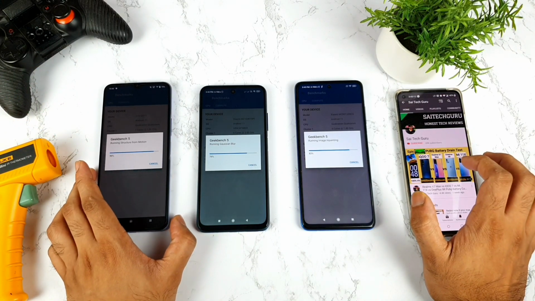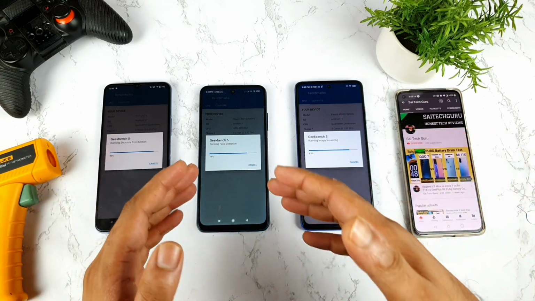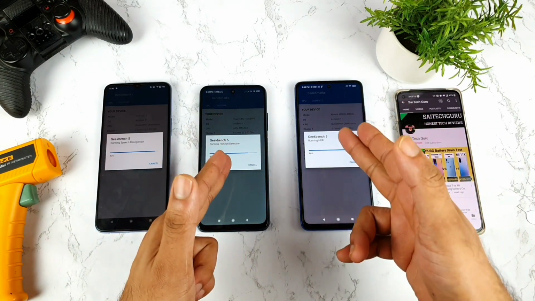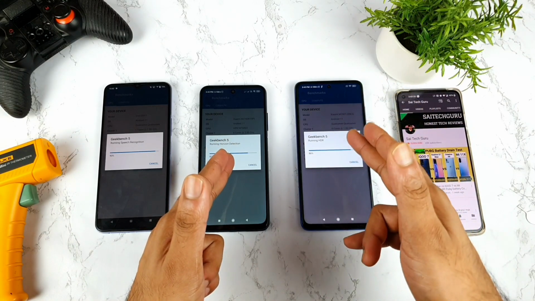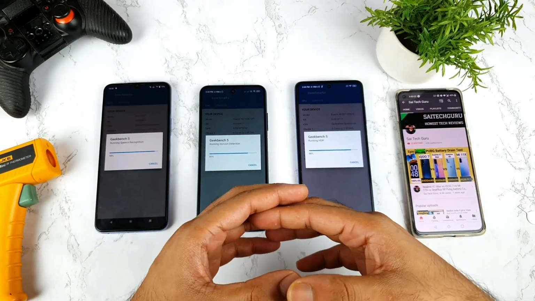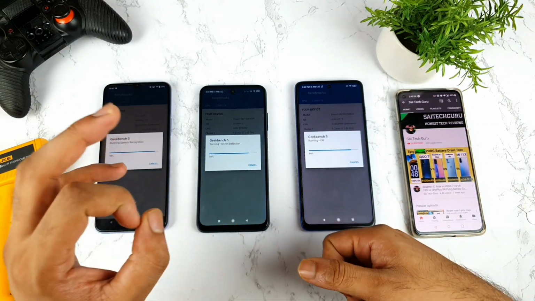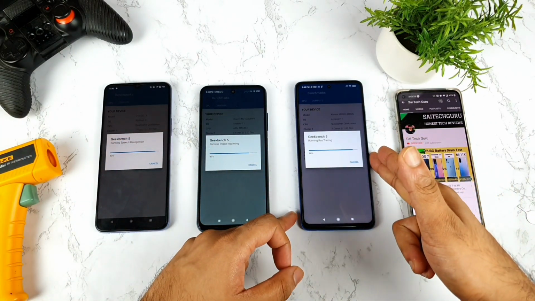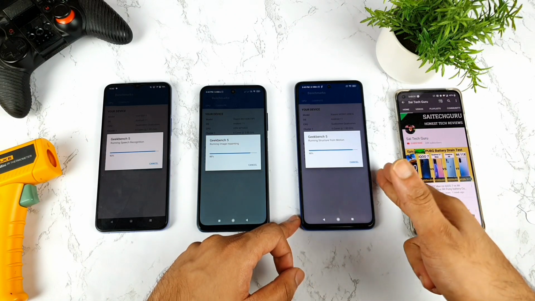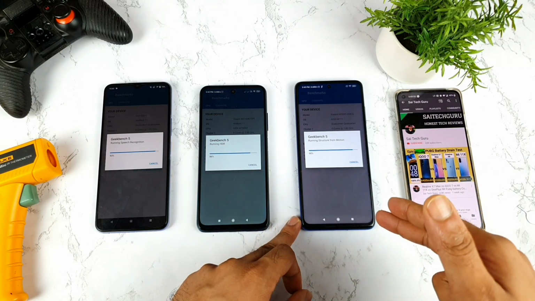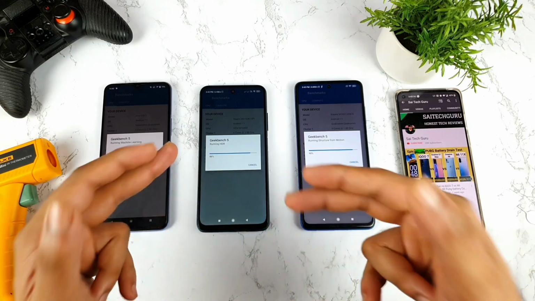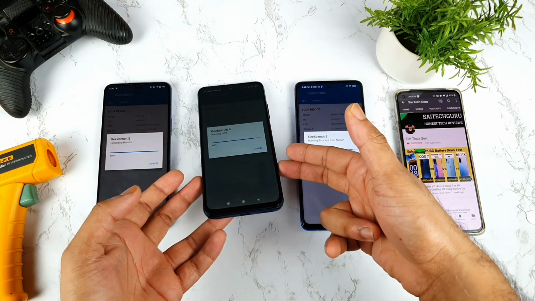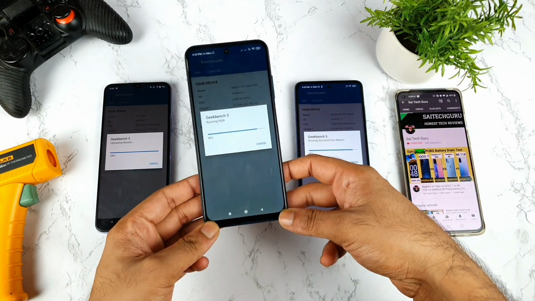So let's see how much score we can actually get, the difference between all of these three different processors at different price ranges. And these two phones, the Poco M3 Pro and the Poco X3, are kind of close to each other in terms of price range. So except for 5G, in every segment the Poco X3 is a clear winner. In the display, in the loudspeaker, in everything, the Poco X3 is a clear winner, friends. So if they decrease the price of this Poco M3 Pro to maybe close to 12,000, that would be really great, but I'm not sure they're going to do that.